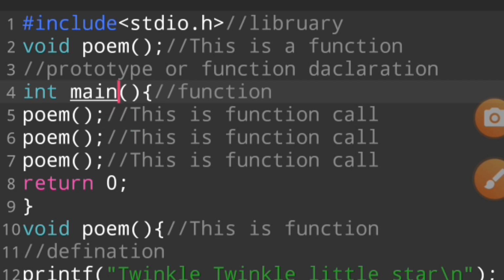So integer main accepts this request, and this function call goes to this place, and this is a function which does not take any value or give any value.